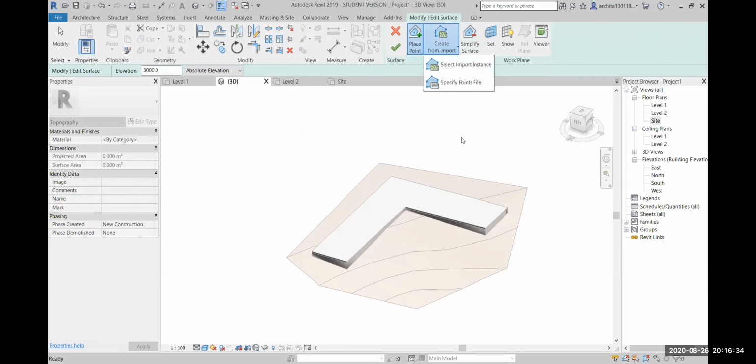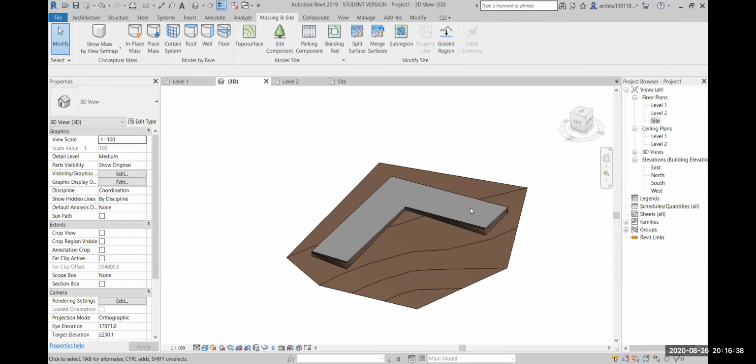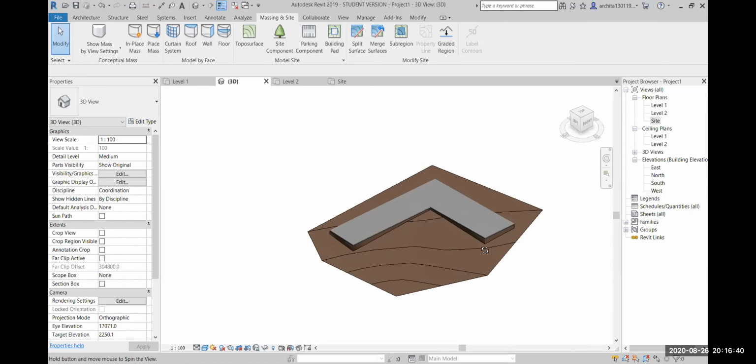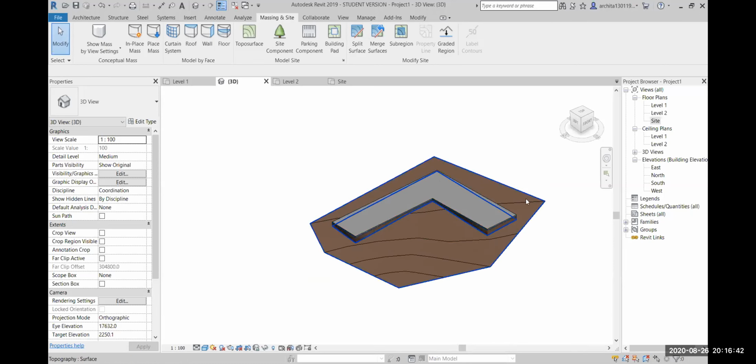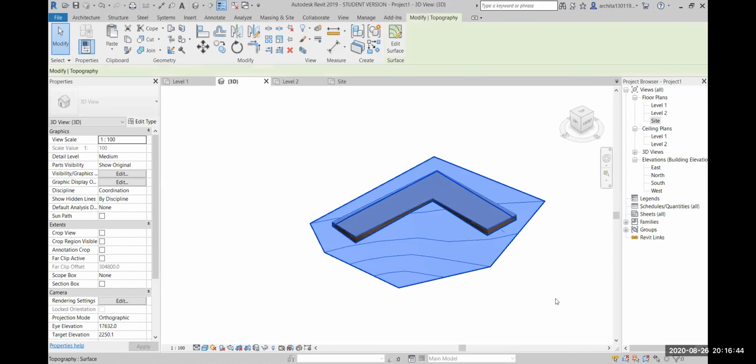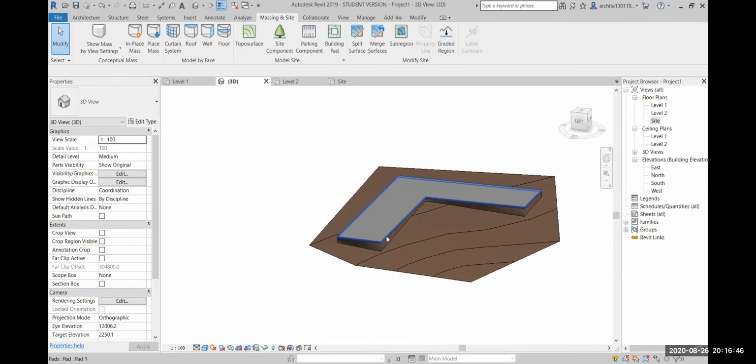Select import instance. That's what you have to do. And it will automatically select all the imported instance contour lines. Okay. So now, once your building pad is created,